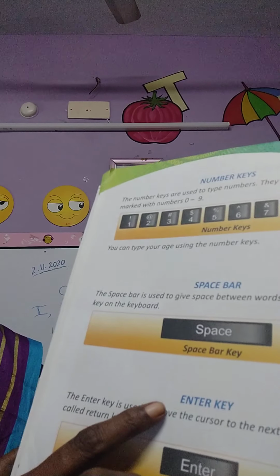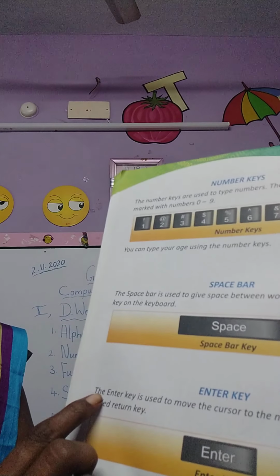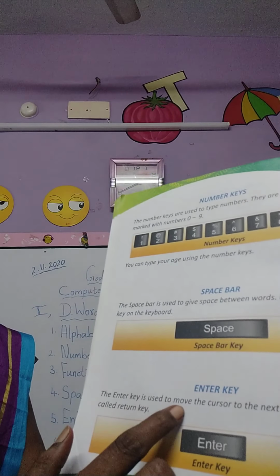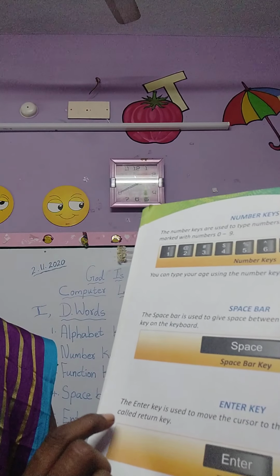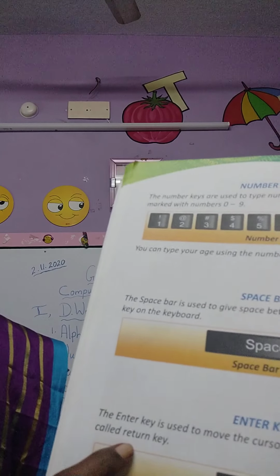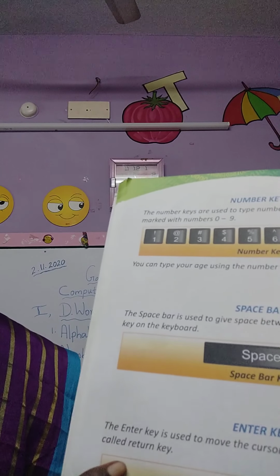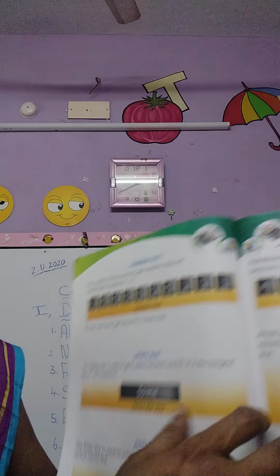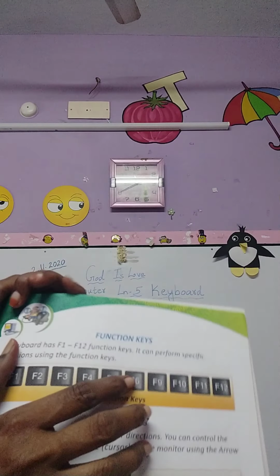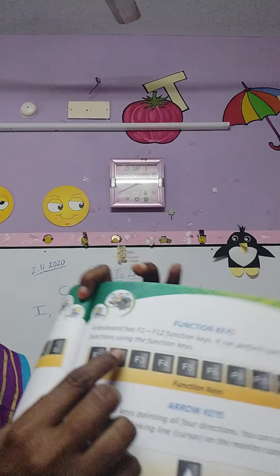Next we go on to the enter key. The enter key is used to move the cursor to the next line. It is also called the return key. Enter key's other name is known as return key. See here, enter key. Next, function keys. I showed you above, F1 to F12.